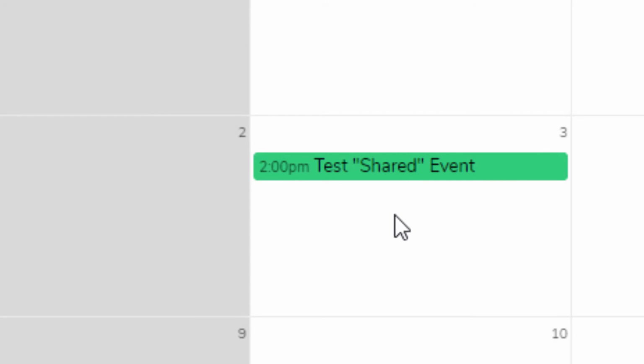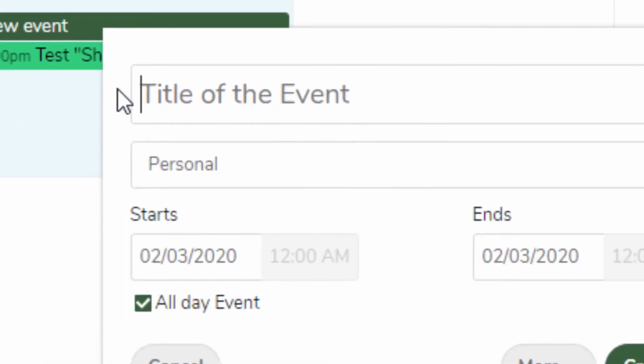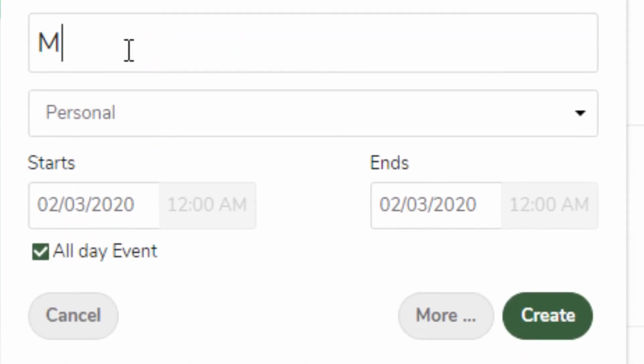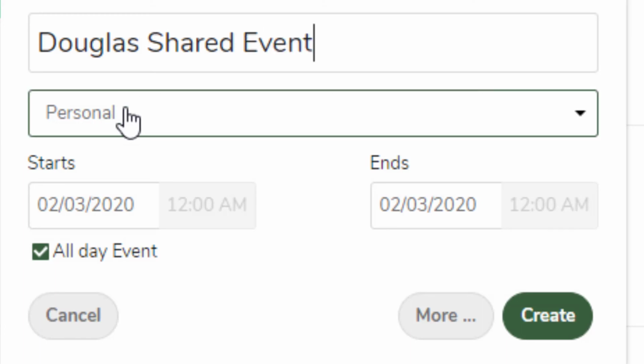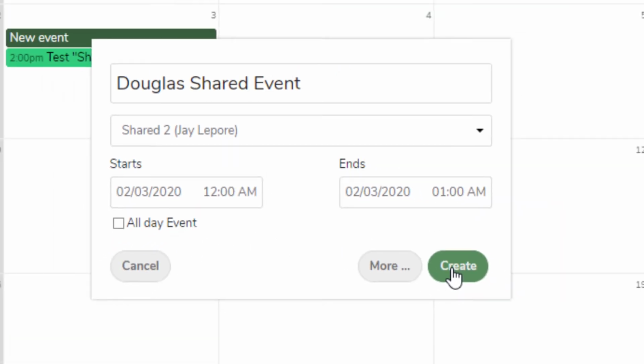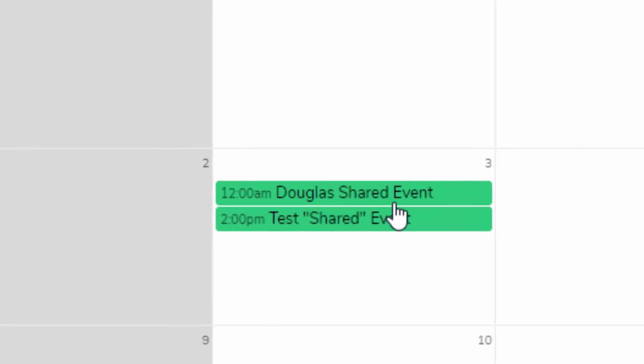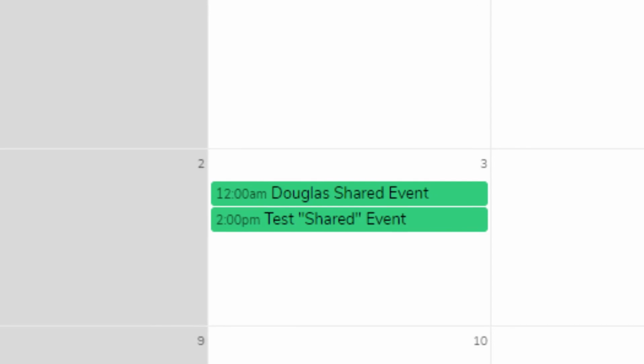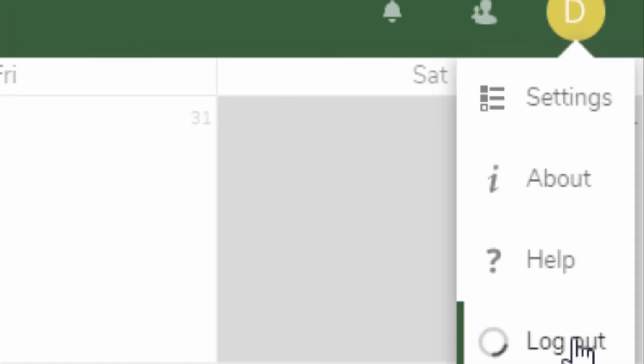Conversely, since I gave him the ability to edit this calendar, he can click here, create a new event. Let's just call that Douglas shared event, okay? And we'll select the same shared 2 calendar. And we'll just go with the default there. I'll create that. All right, and so now he's added one to that same calendar. So when I go ahead and log out as Douglas,